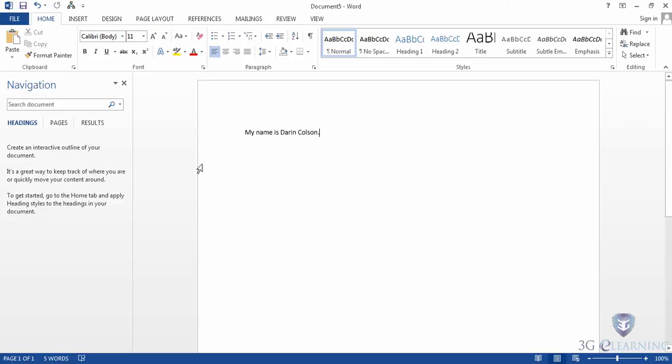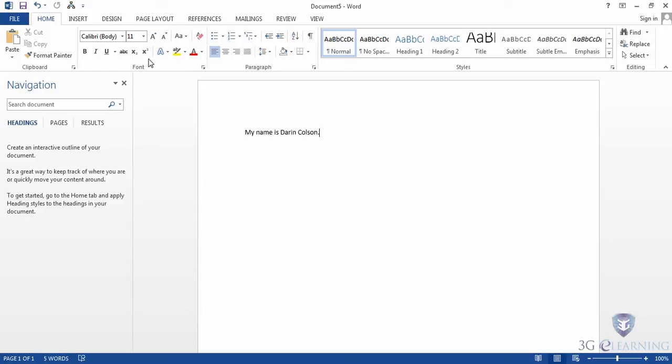The ribbon that appears across the top of our screen in Word 2013 was actually introduced in Word 2007, and since then has gained popularity. It's become quite easy to find what it is we're looking for thanks to the various tabs, and within those tabs the various groups. What people don't realize is that the ribbon itself is quite customizable, and we're going to take a look at how we do that here in Word 2013, beginning with the ribbon itself and how it